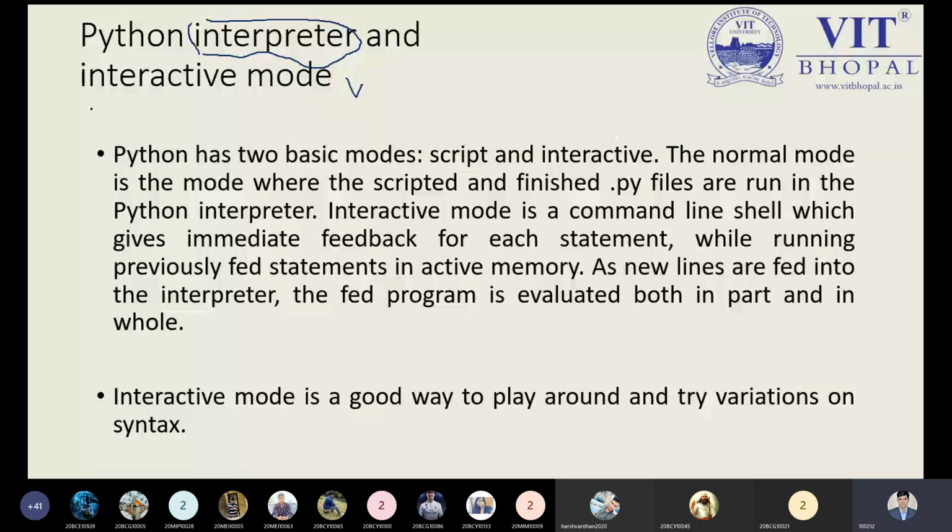But when talking about the interactive mode, we have two types: one is the scripting way, and another is interactive. In the scripting way, we need to write the code on a character user interface, the black screen, and we have to compile or interpret the program and then see the result. But in the interactive way, we have different kinds of menu bars, like the file menu. That is a graphical way where you will learn in an easy way. So this is the point.